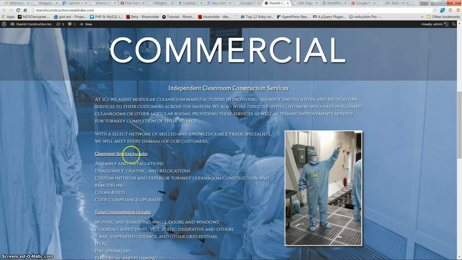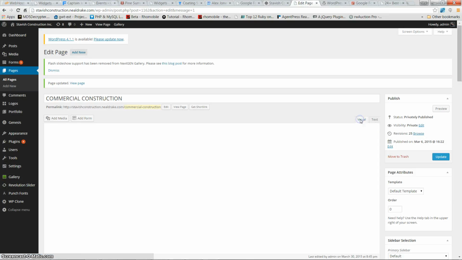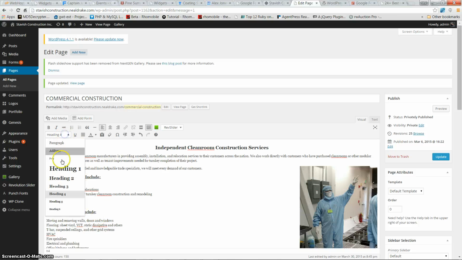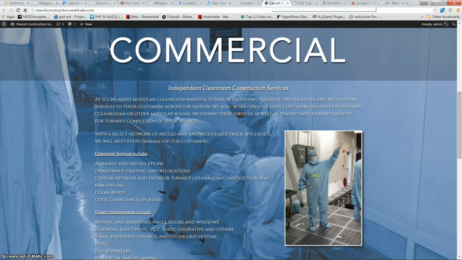These might be a little small now in terms of the headers. So what we can do with that is if we go to the page and we click on that, right now it's on header 4, so let's make it a header 3, make that a header 3, hit update, refresh that,